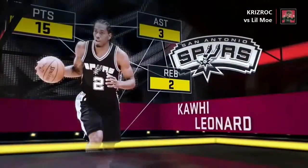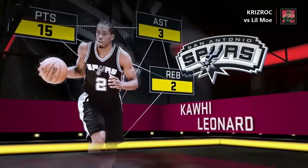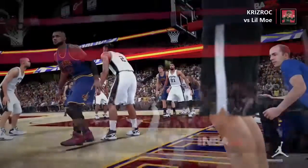He seemed to set the tempo for his team tonight. There was nothing they could do to slow him down, Ernie. Man, you go into a building on the road and completely control the action like he did. Only a few players could do that, Ernie. I'm impressed. There's no question about it. As far as small forwards go, Kawhi Leonard is right up there with the best of them. You know if you leave him open, he's going to knock it down every look he gets. But what makes him elite is his